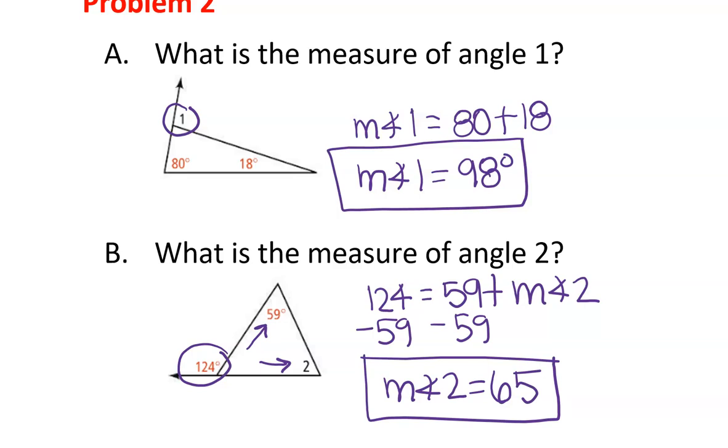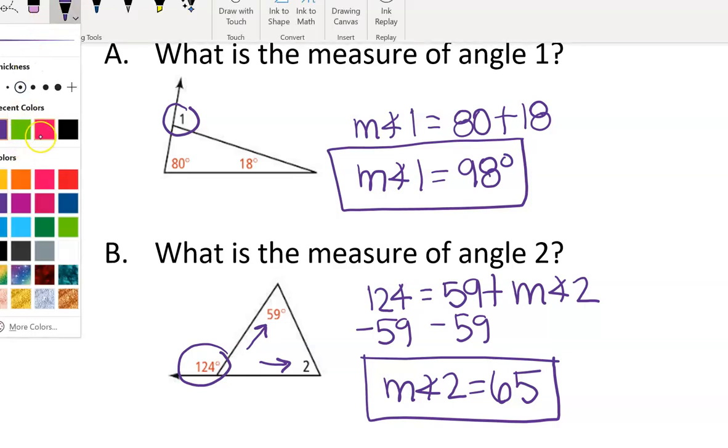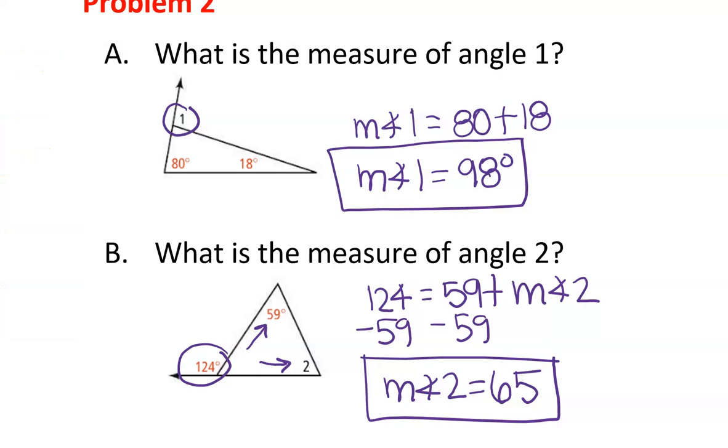What do you do if you forget that there's a theorem out there, or you're one of those people that refuse to write down the theorems and look at them? Here's another way to do this one. If we knew that angles of a triangle add up to 180, we could find out this missing one first. 80 plus 18 plus, I'll call it x, equals 180. So 180 minus 98 is 82. Okay, so if I change that into an 82 instead,